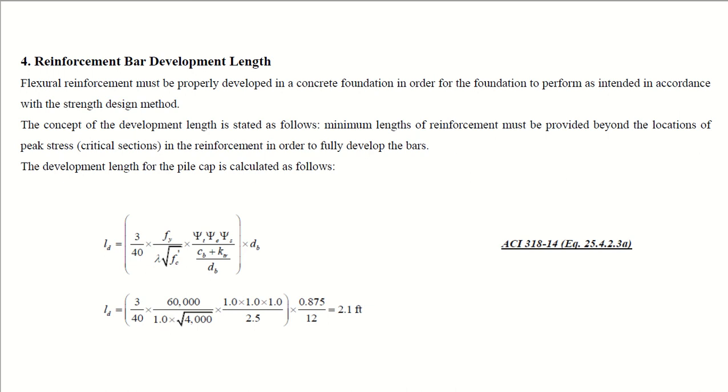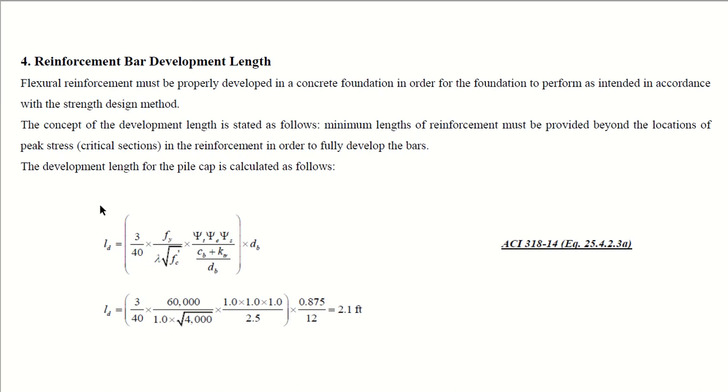And the fourth step is reinforcement bar development length. Flexural reinforcement must be properly developed in a concrete foundation in order for the foundation to perform as intended in accordance with the strength design method. The concept of development length is stated as follows. A minimum length of reinforcement must be provided beyond the locations of peak stress in the reinforcement in order to fully develop the bars. The development length for the pile cap is calculated by ACI equation